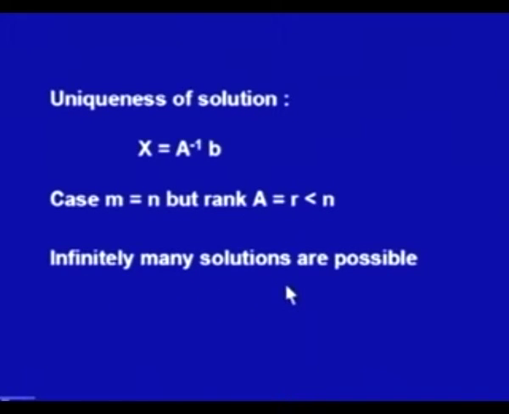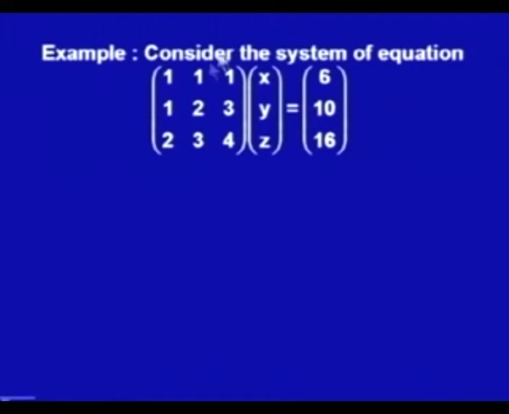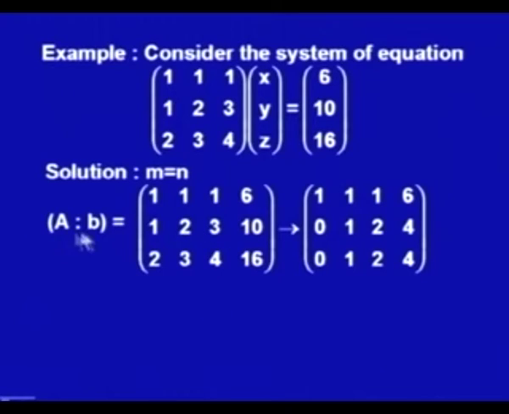For example, consider a system of equations, a 3 by 3 system, the square matrix, m is equal to n, and we have to see whether we have infinitely many solutions or a unique solution for this system. So, m is equal to n, you can notice here, and then we consider the augmented matrix, that is the matrix A, the coefficient matrix, written here, followed by the column vector 6, 10, 16. We apply elementary